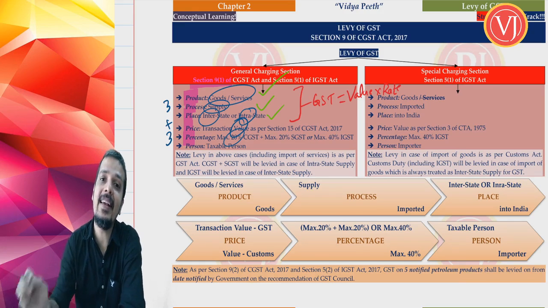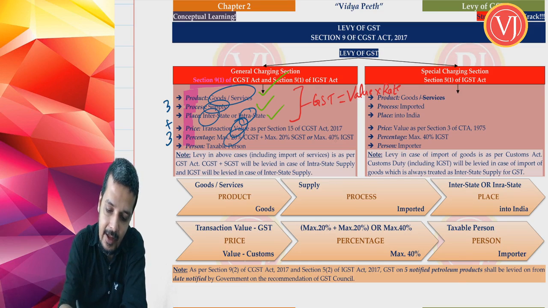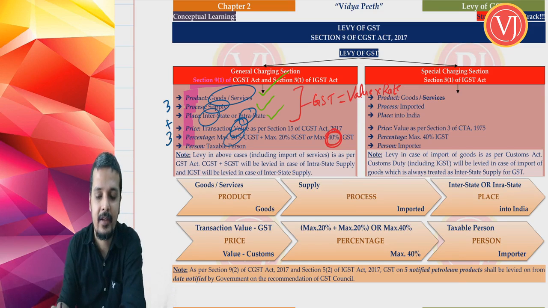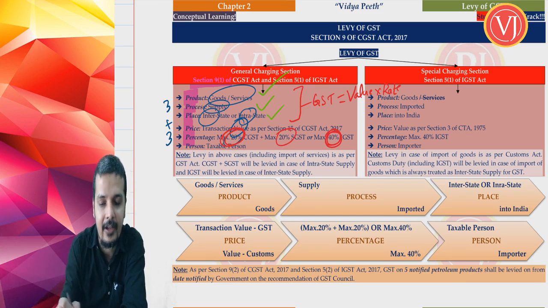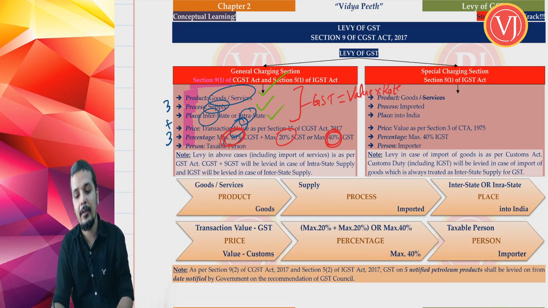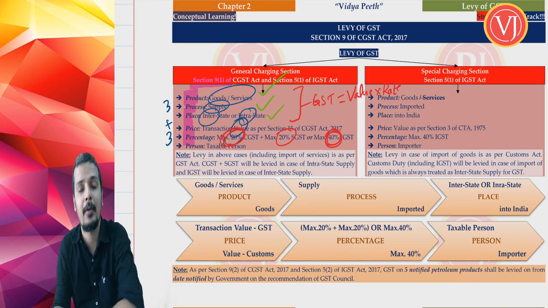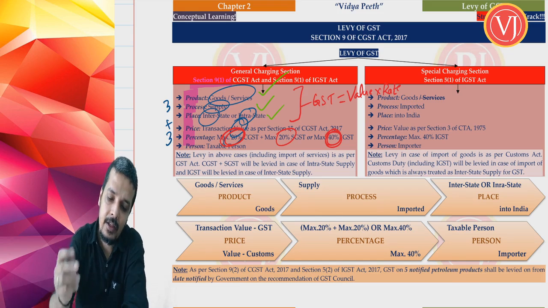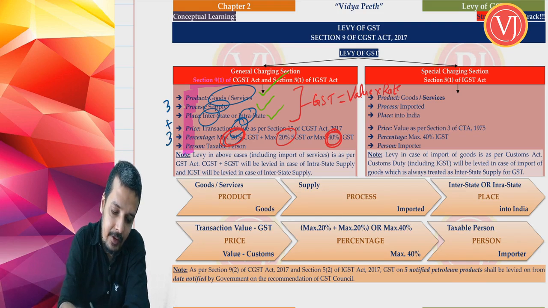But what is the highest possible rate as per the IGST Act? The highest possible rate as per the IGST Act is 40%, and the highest possible rate as per the CGST Act is 20%, and as per the respective SGST Act it is 20%. In that Act, not the applicable rates, but the highest possible rates as per the provisions of the Act. Now that is the 4th P, price, and the 5th P, percentage. Now what is the last P? Person. You have to ask one more question.